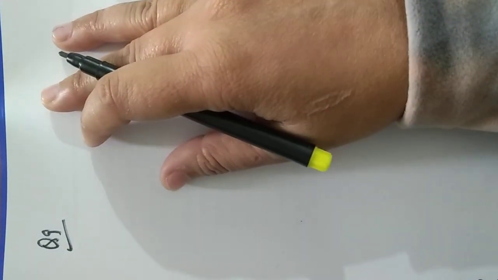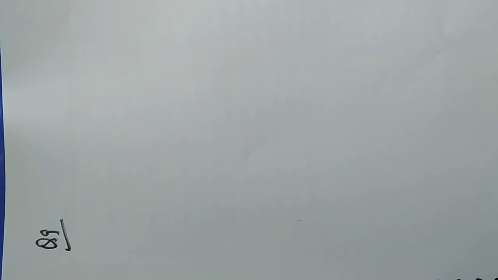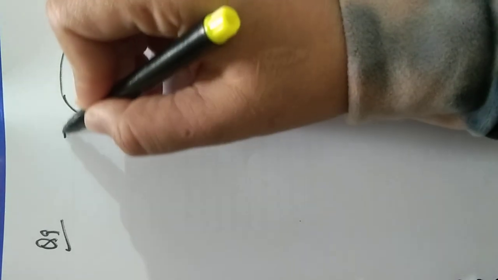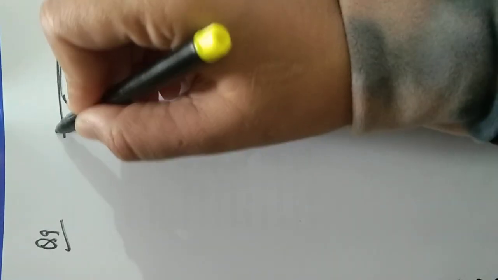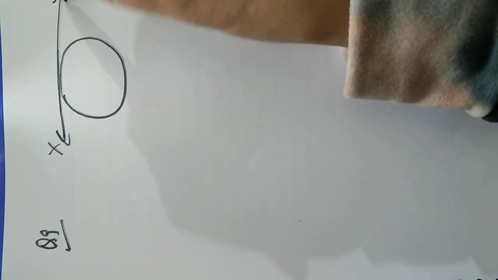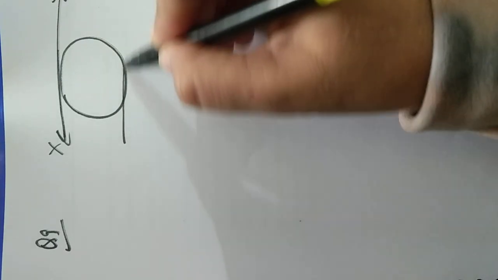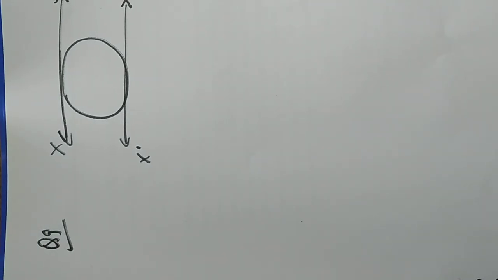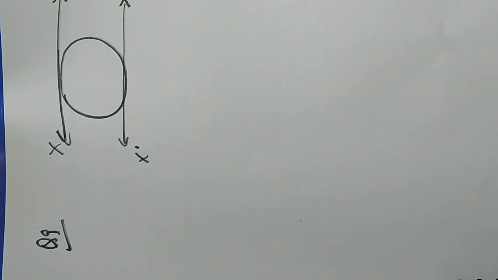So now start with question number 9. Statement of the question is, in a given figure, XY and X'Y' are two parallel tangents. Circle is given to us and two tangents are given. First tangent is here, XY, and another tangent is X'Y', two parallel tangents to a circle with center O and another tangent AB with point of contact C.